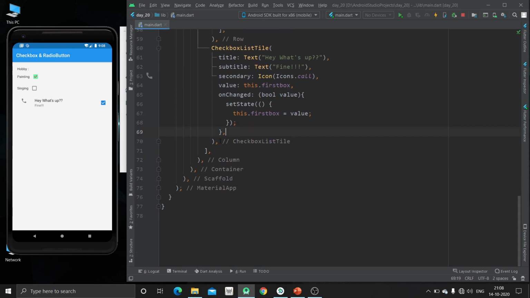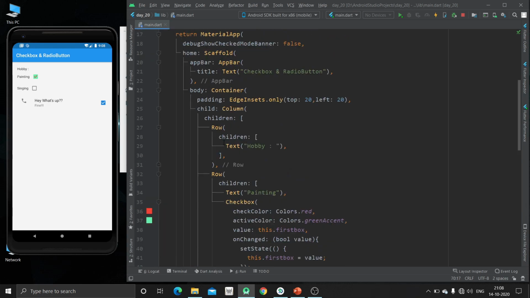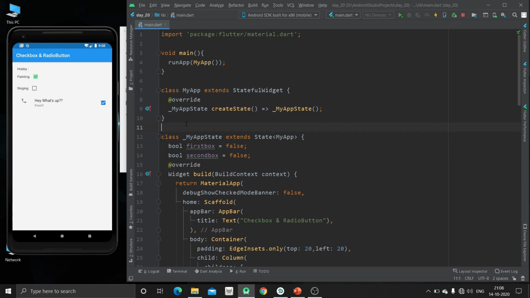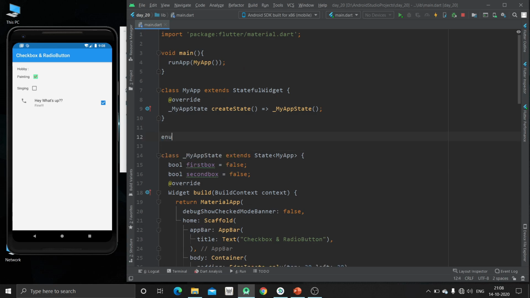Now we are going to create radio buttons. For radio buttons, first of all we have to create one list. So we are going to create one enum list of gender, and inside that we will specify male, female, and the third one is prefer not to say.